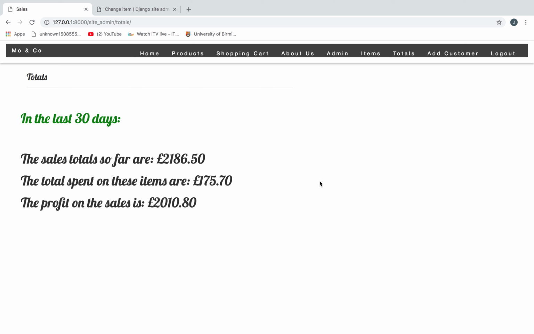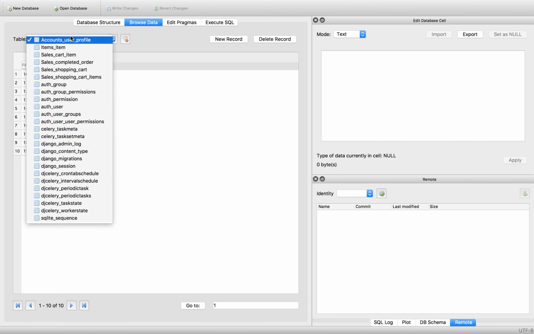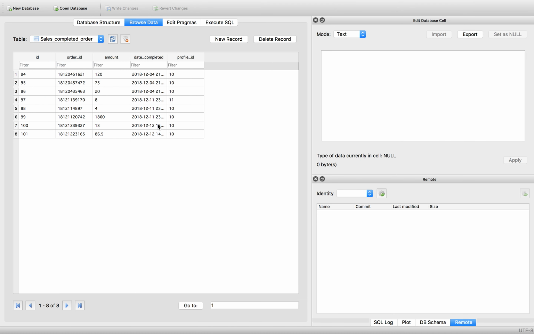Part 2 is: is the total sales equivalent to the total amount of every sale that has been completed, which we can check in the SQL database. So as you can see here is now £2186.50. So if we go to the SQL database of completed orders and the amounts, I'm going to go ahead and add this up